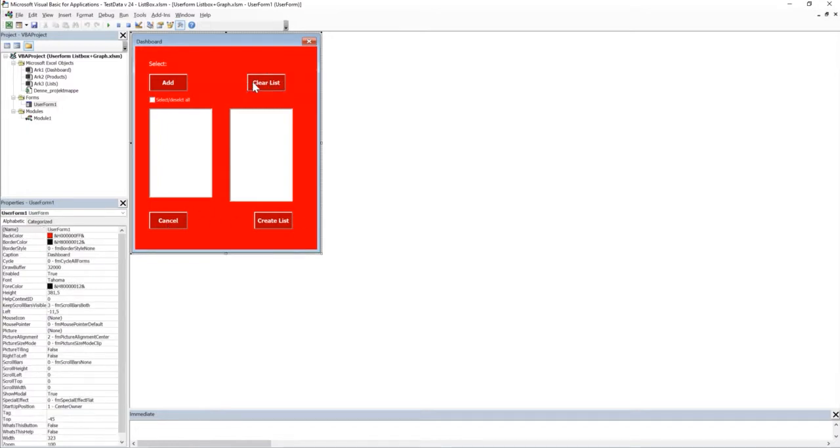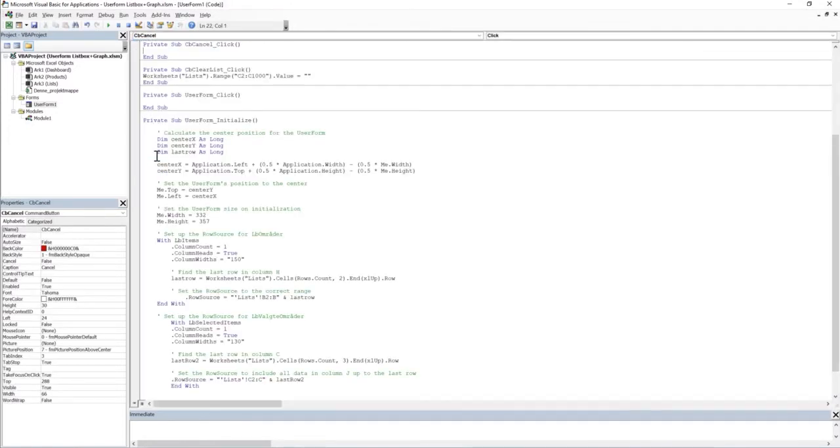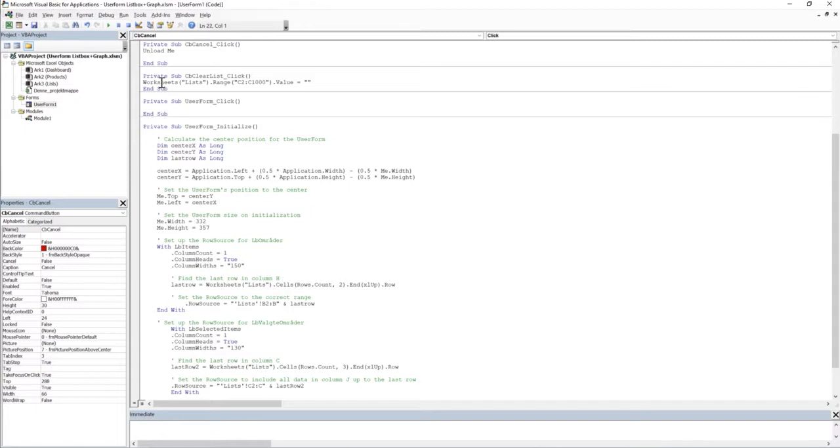So let's fix this button to clear this list. If the user presses this button, it should clear the second list box here. We're gonna write Worksheets("Lists").Range("C2:C1000").Value = blank. The next one is the cancel, and we can just write Unload Me because it should just close the